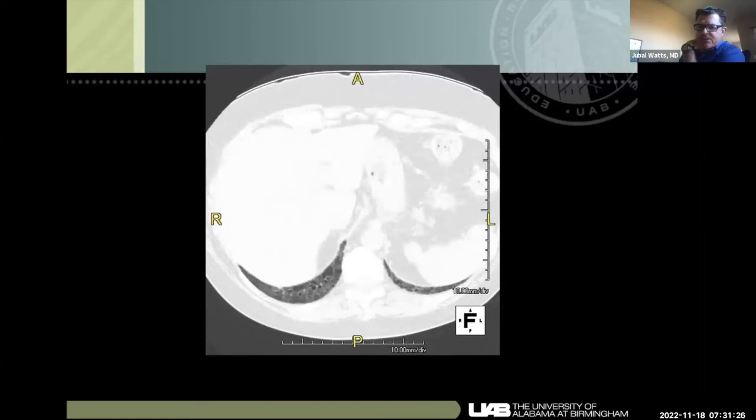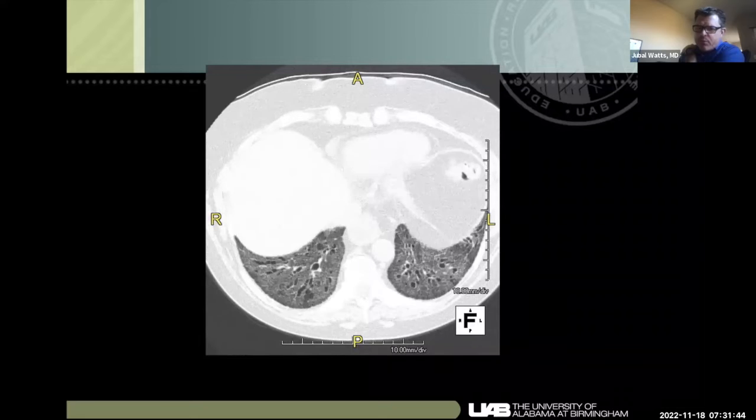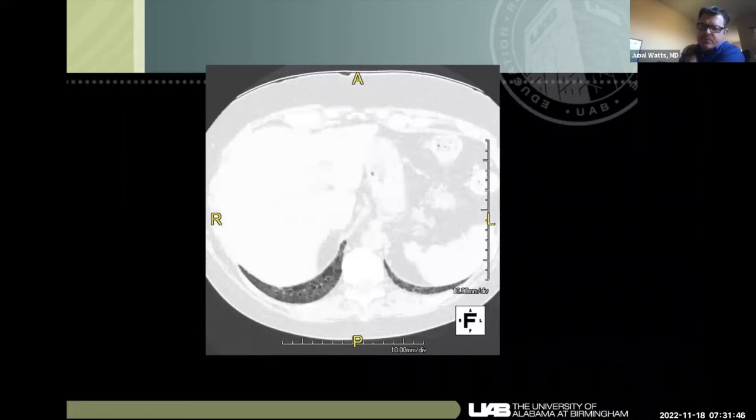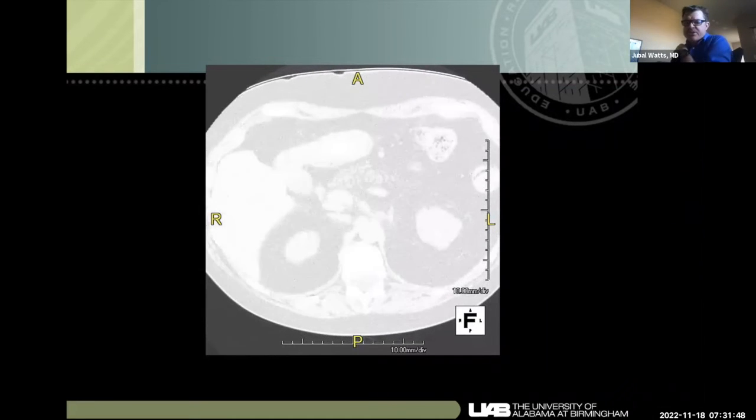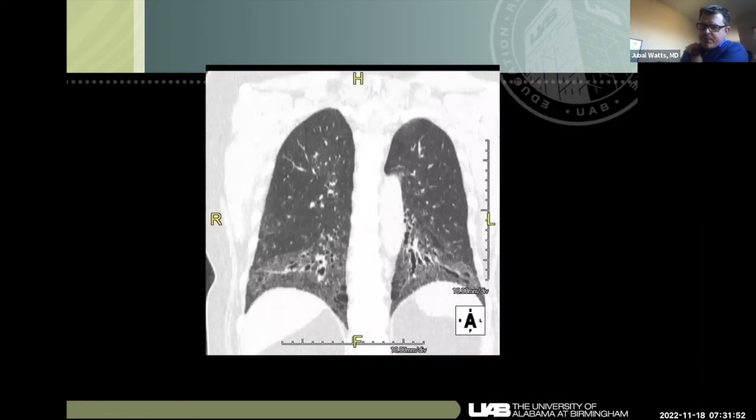So NSIP is spatially and temporally homogeneous. Everything looks the same. You don't see normal lung next to end-stage lung. And that's also true on histopathology. They'll have the same degree of fibrosis, the same degree of cellular inflammatory infiltrate on path. There won't be normal lung. And so the spatial and temporal homogeneity is kind of the buzzword for NSIP